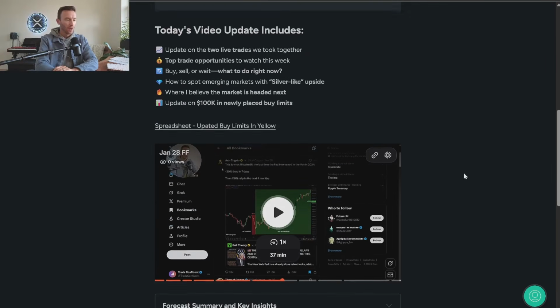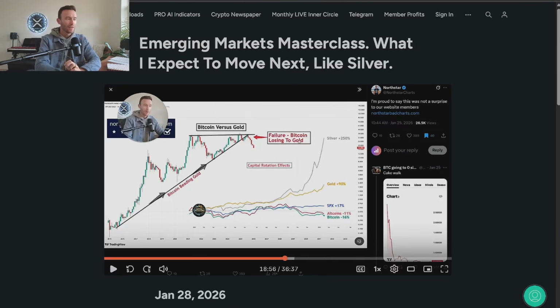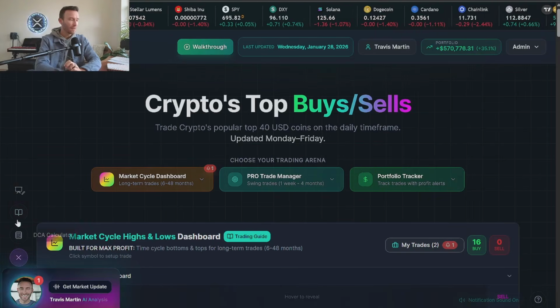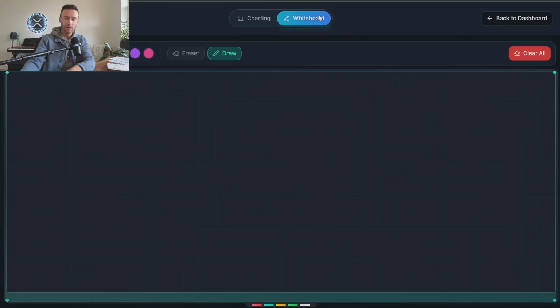Okay, a lot of people, when they're looking at assets to get into, base their asset to that of fiat, so the US dollar. When you guys are trying to pick the asset classes that are going to outperform, like silver has outperformed many of the other asset classes, you need to do this. I'm going to give you guys a little bit of a teaching here.